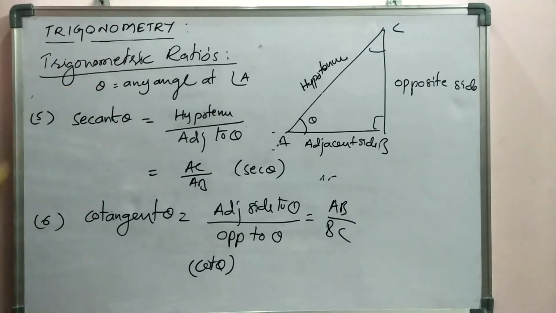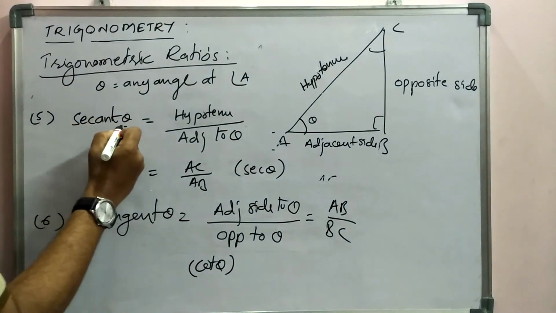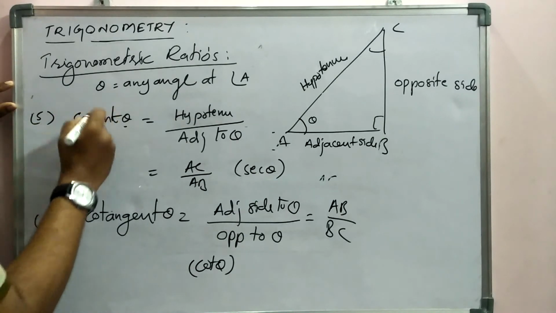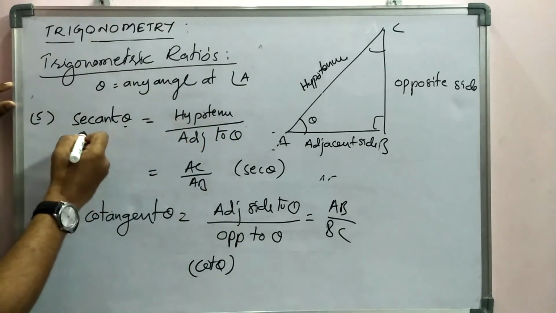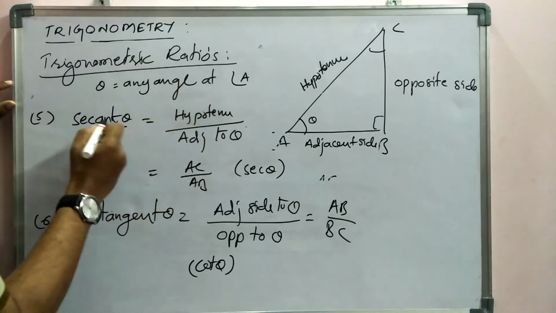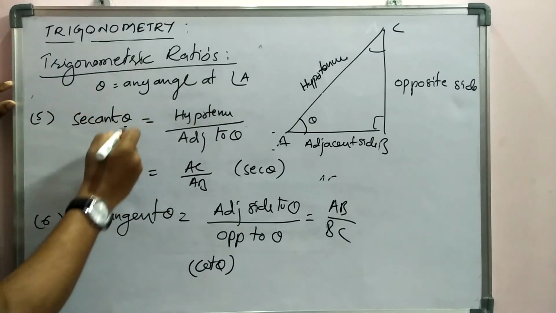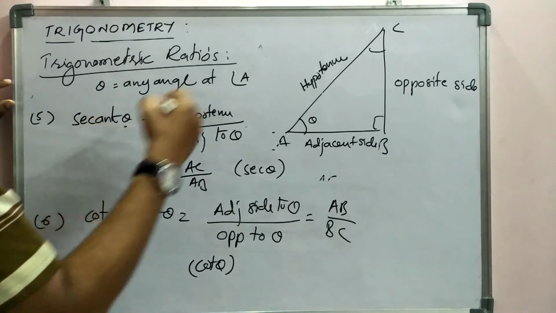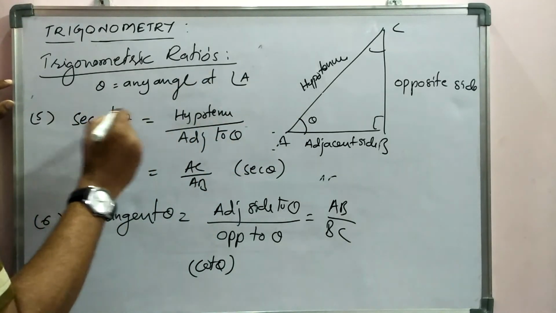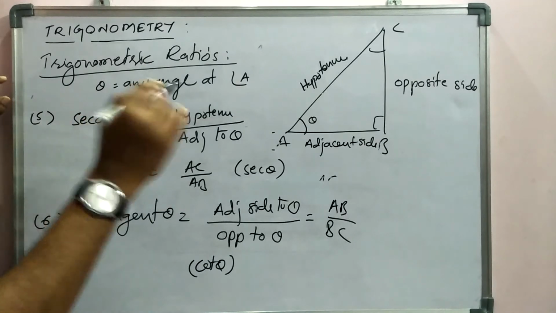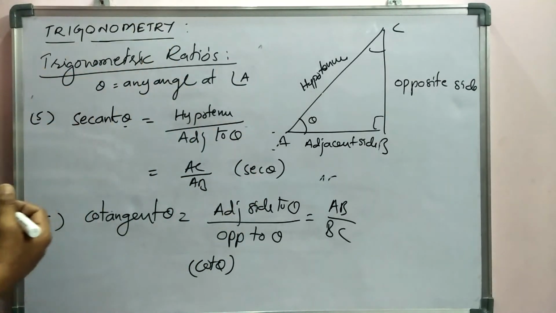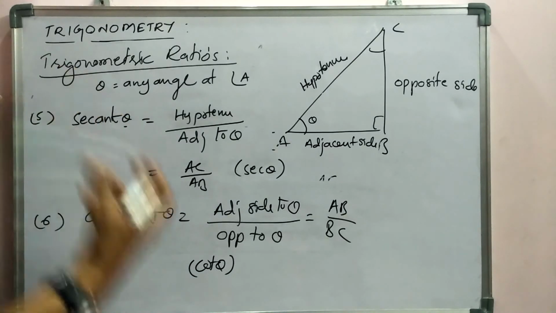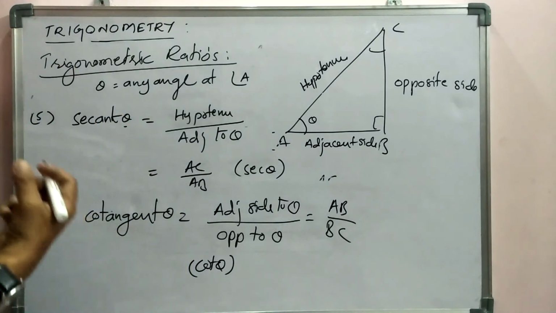One more thing is very clear here. Theta has no meaning if secant is not there. Secant is a ratio of these two, so we call it secant theta together. It is not a product of these two. Theta is not different from secant; it is secant of theta. So it has meaning only when theta and secant are together. Like that, all the ratios will be there. These are the basic pillars of trigonometry, and based on these we have the total chapter.